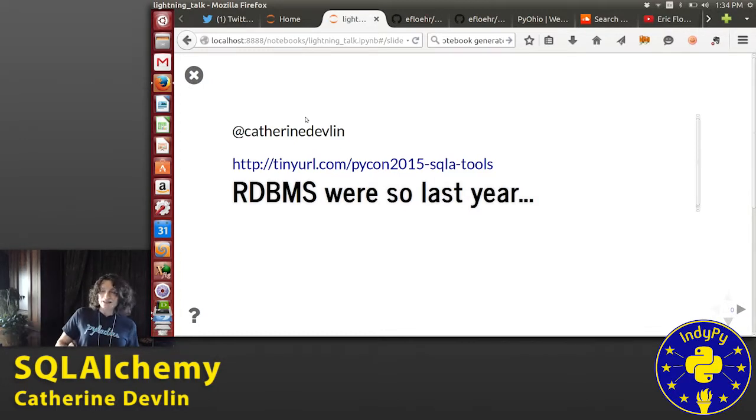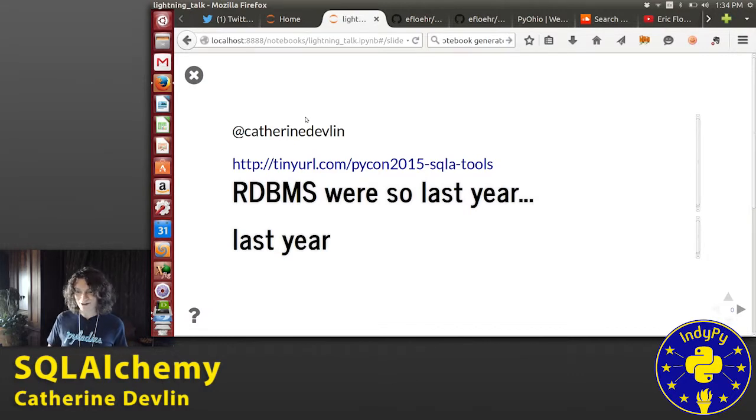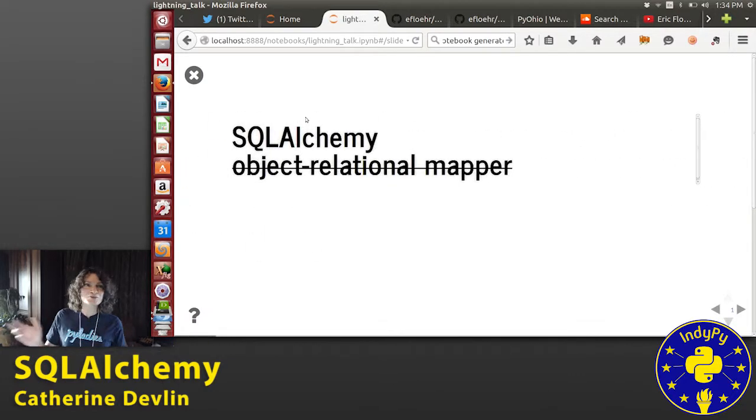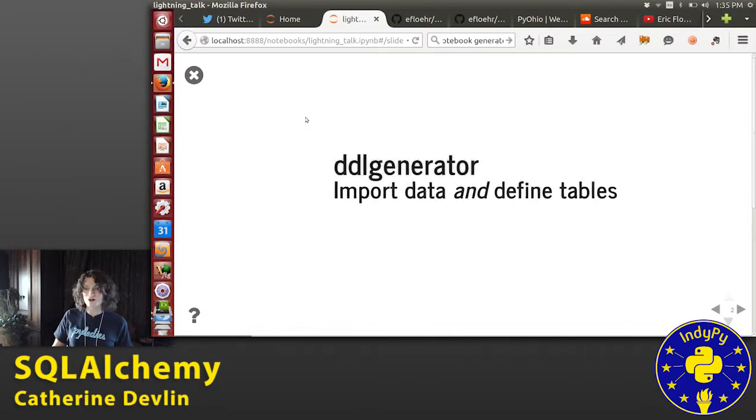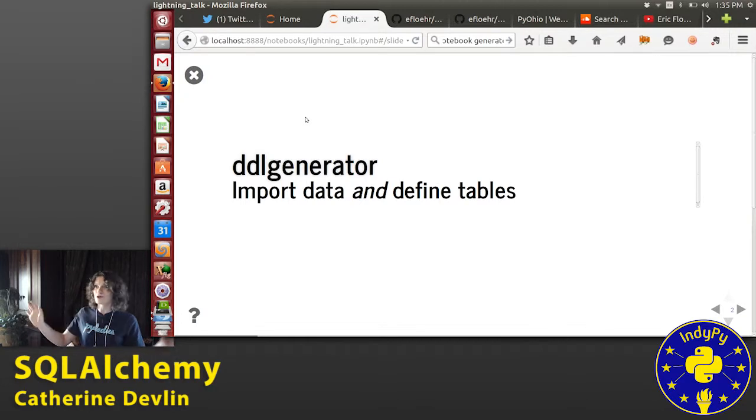So, relational databases. You can have my PostgreSQL when you pry it from my cold, dead fingers. And of course, SQLAlchemy is a great tool for this that you probably think of as an object relational mapper, which yes, technically it is, but honestly, I consider it a general purpose toolbox for working with relational databases that lets you build tools that work across databases, so even for those poor folks who aren't using Postgres, your tools can help them. And I'm going to show you 3 examples to get you inspired to work on your own